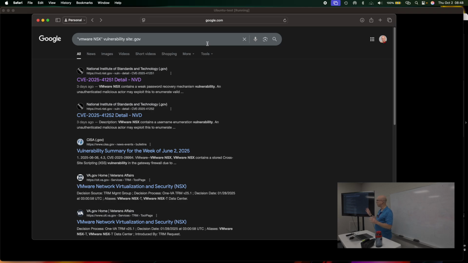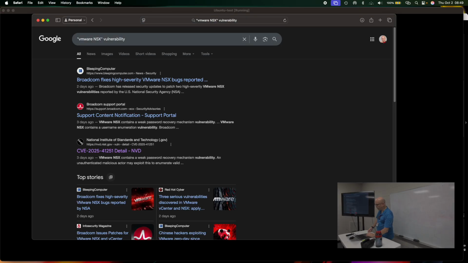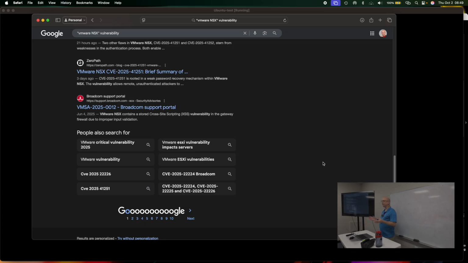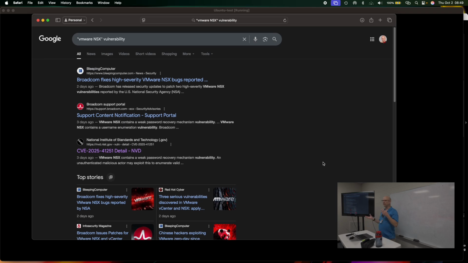You narrowed it down because when we just do that first search, VMware NSX, and we take out the site:.gov, okay, we've got news articles on it. So you're not getting anything authoritative. And on this first page, I'm seeing absolutely nothing from NIST, which is the authority on what we should be looking for, right? They used to tell you how many search hits you had, and a lot of times it'd be in the millions or billions, depending on the topic. When you do the site and we really narrow that down to just the .gov sites,